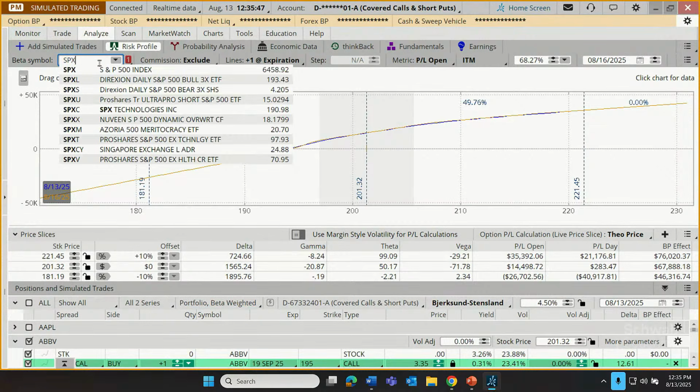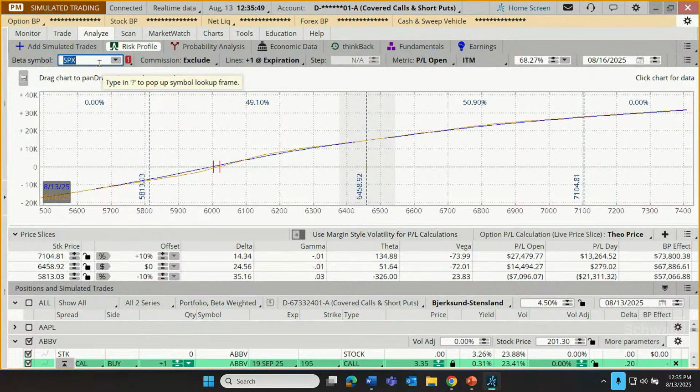I'm going to change this up here to SPX. And what this now does is it's using assumptions of movements on the S&P 500. And it's using historical relationships of the individual stocks on which we have options to explain how those stocks and their options are likely to perform if the S&P were to go up or if the S&P were to drop.